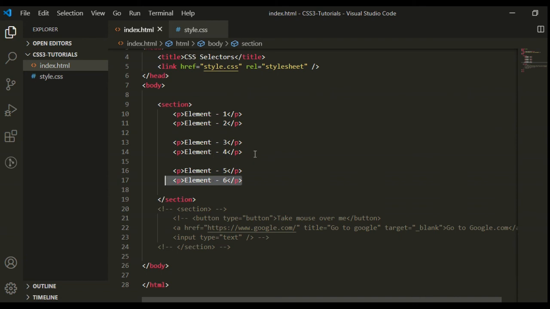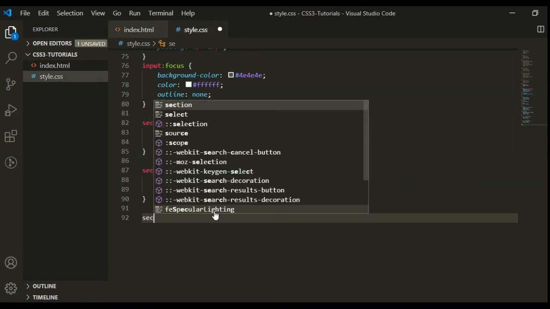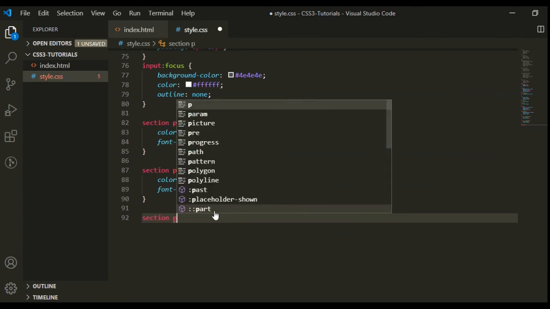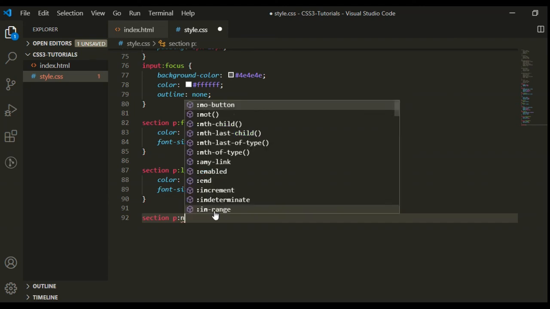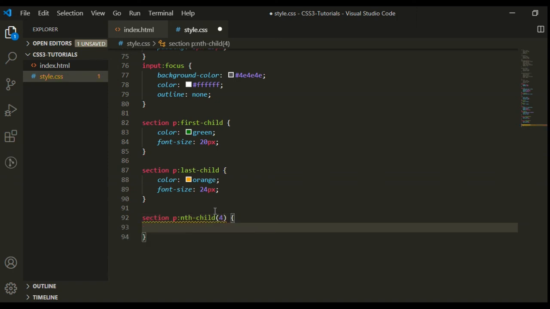Suppose I want to select the fourth element, then again parent element, then child element and nth child function, and pass the value of which child element you want to select. Now here I want to select the fourth element. Now give the color.